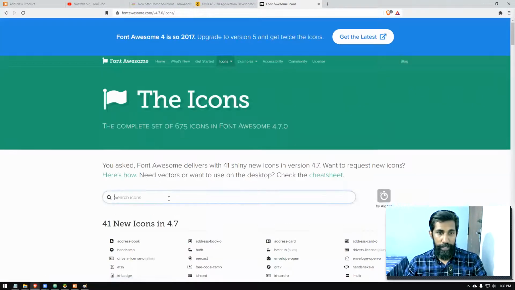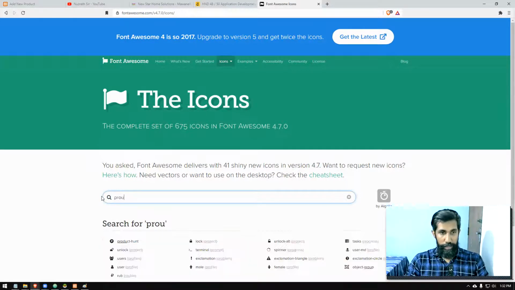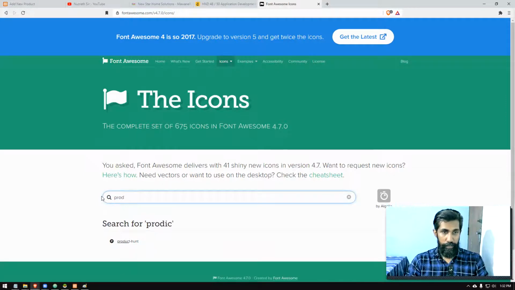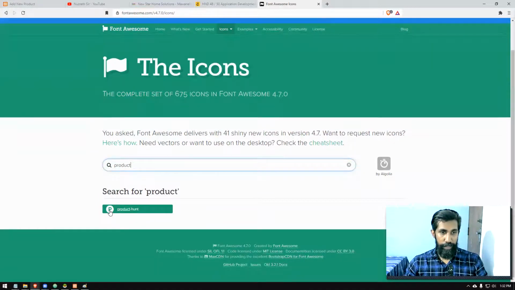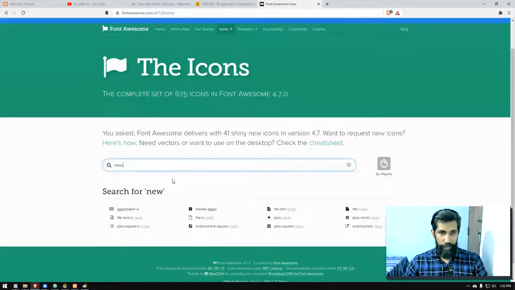For example, you can search for title. Okay, there's nothing coming. We'll say product. If you type, something comes, this icon is coming. Or else we'll say new. So that is how it's coming.